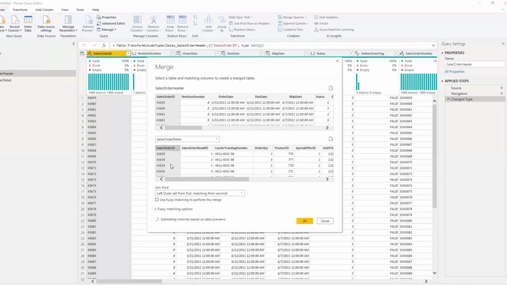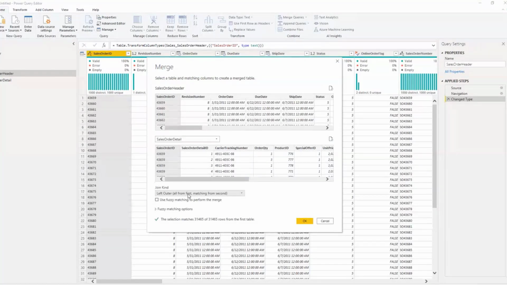So I would not be going for fuzzy matching, since that might cause certain unnecessary problems. We are good without fuzzy matching because these columns tally to each other. There are no problems with this. We don't need any additional functionalities just to join these two fields, since they are tallying pretty well. We just need the right data type. So I would just use the left join option and click on OK once again, and there you go.